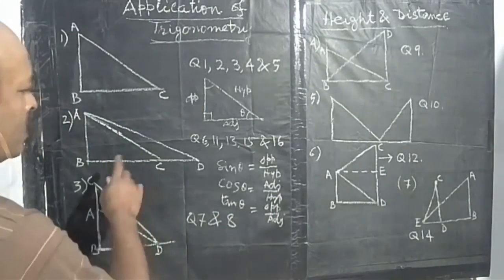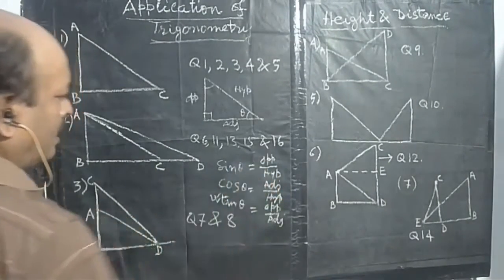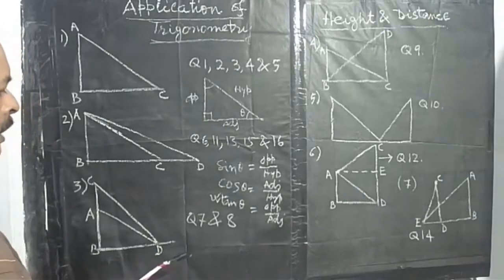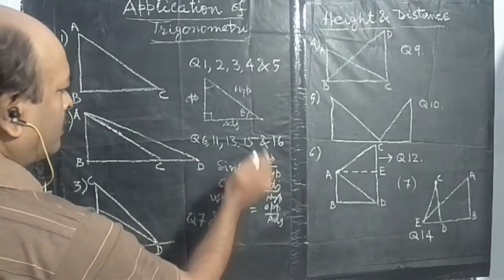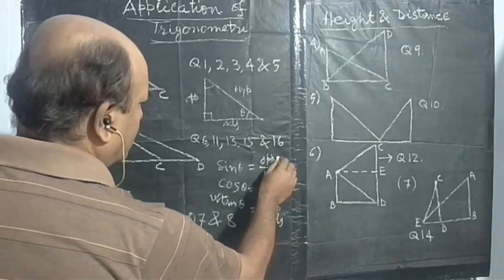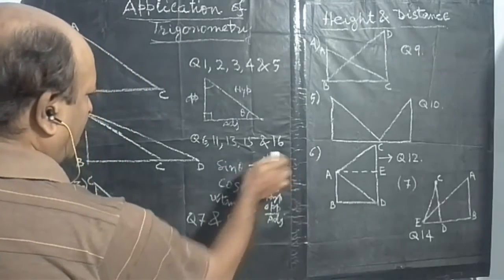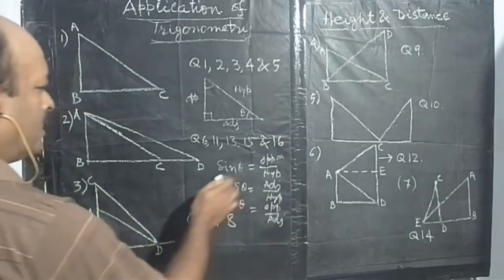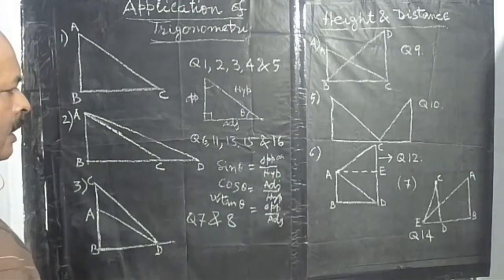In most cases, this ratio will be very useful. Sine and cos come very rarely, while tan comes very frequently, in most of the cases. To remember sine is opposite upon hypotenuse: in the spelling of opposite, S is coming, O double P O S I T E, so S and S, sine. Adjacent, A D J A C E N T, C and C, cos. Likewise, you can remember.